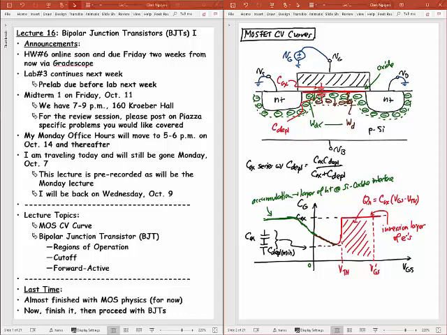So say I took the case where we're right at this point here. I guess I don't have enough colors for that, so I'll do that in blue here. So say I'm right at that point there. What's really happening is I'm modulating charge here, and I'm modulating charge there. Okay? And so that's why that AC charge is changing at those edges there. And this charge is changing because I'm pushing holes in and out.